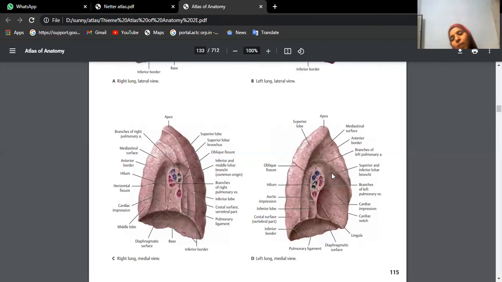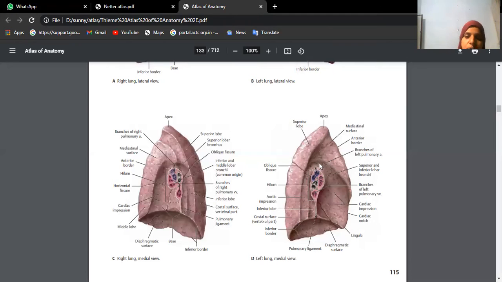Left side, you will have left atrium, left ventricle. We know from left ventricle aorta is coming. This impression will be very nice because aorta is quite big and it shows such a groove over here. This nice groove you can appreciate when you check in the true lung, when you see in the dissection hall. Arch of aorta and descending thoracic aorta.